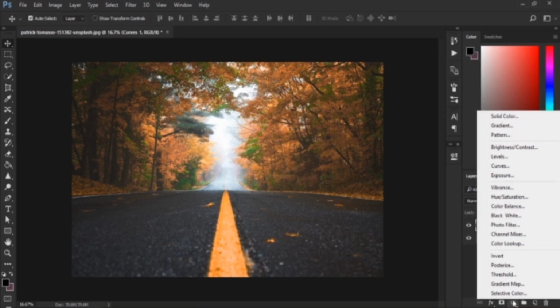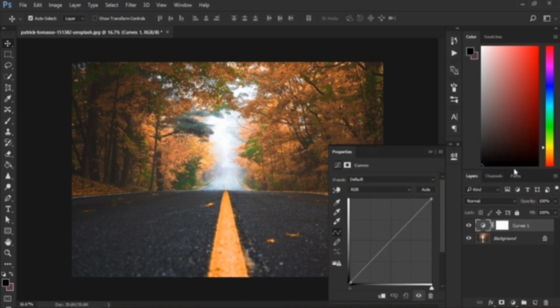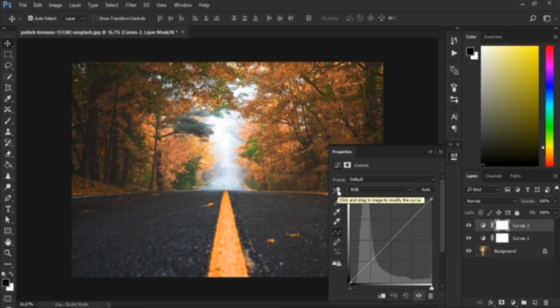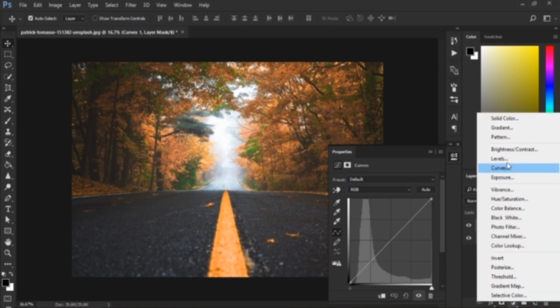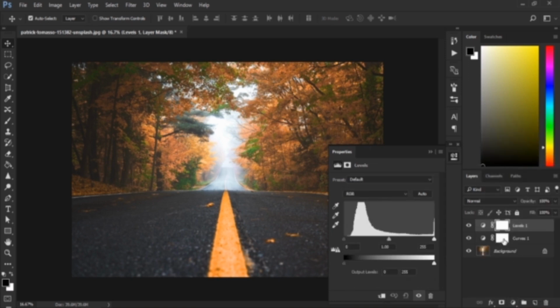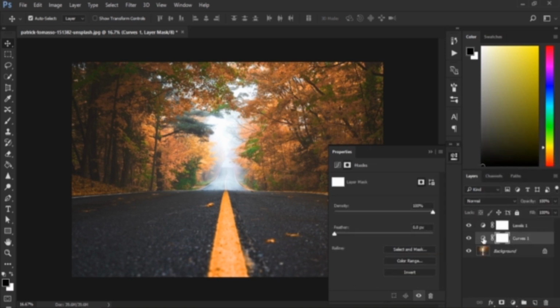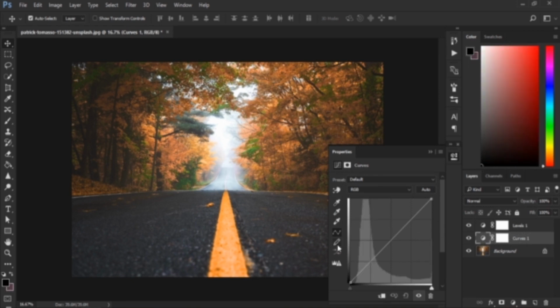So what is the difference, what can we do in curves that we cannot do in levels? Let's check it out. We cannot get the hand tool in the levels adjustment layer. So let's delete this and add a levels adjustment layer. And we cannot get the pen tool for advanced things. Then also